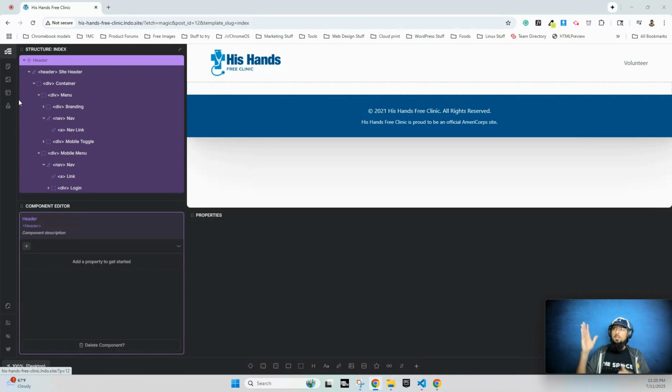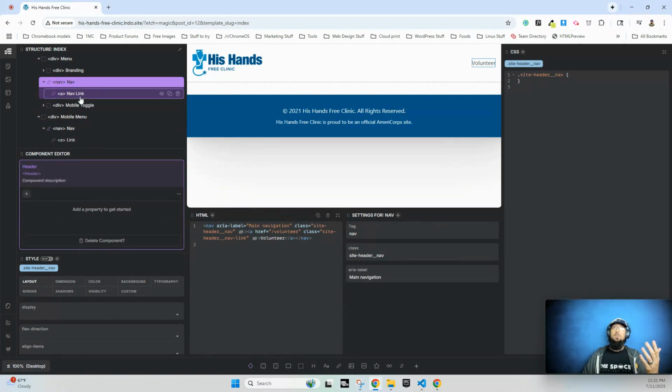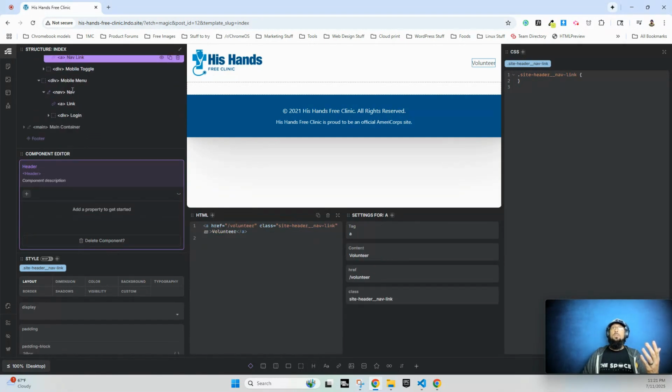When you click the mobile button, the hamburger menu icon, the mobile menu doesn't even exist yet in the DOM anywhere. You click the button and JavaScript creates that whole nav element, and when you click it again to make it go away, the whole nav element completely disappears from the DOM. So that's annoying, because whenever you want to add a new page to your menu, you have to add it twice. You have to add it once to your main menu, like I have here, a main menu with a nav link in there,